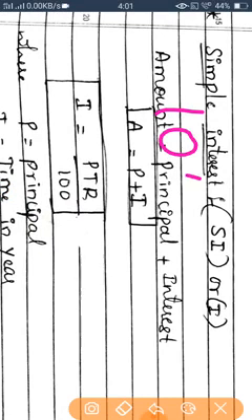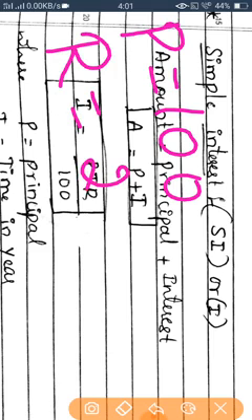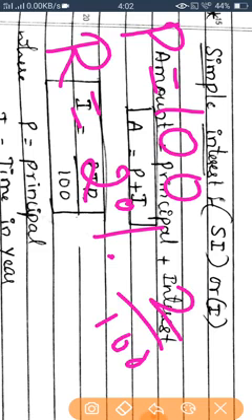Take an example: a 100 rupees loan I took from the bank. This taken loan is called the principal, at a rate of interest of 2%. Why rate of interest? Because they will not simply give us money, they give it for some extra amount. They need an extra amount on the 100. That's why it is called 2%. 2% means out of rupees 100, for every 100, 2 rupees they need.